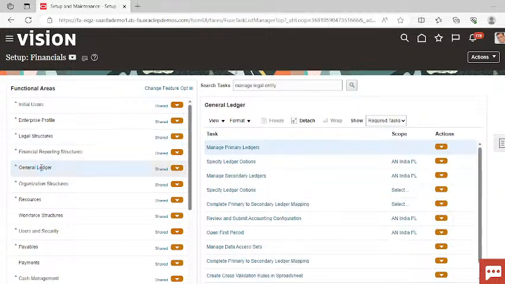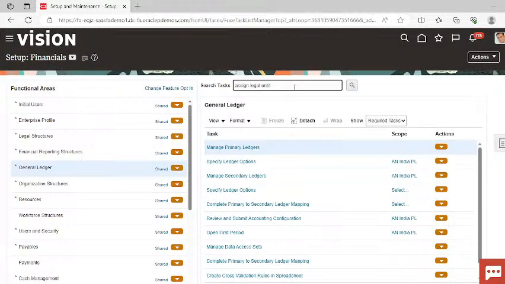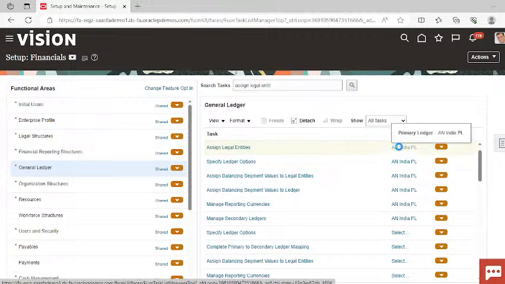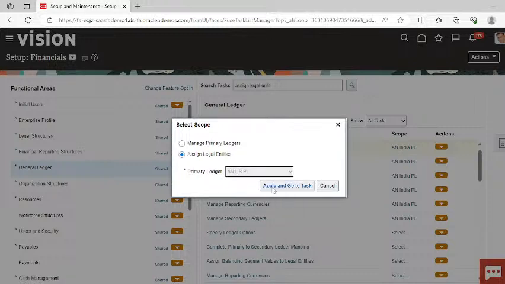Go to general ledger and here you have to search for the task assign legal entity. This is the task that is assign legal entities, and in the scope search for the primary ledger that you have created for US location. Click on apply and go to task